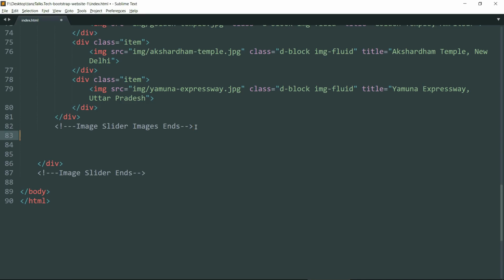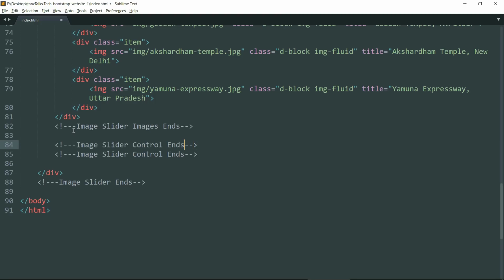Now let's copy the comment from here and paste it here. Now let's change the images to control, and let's copy this again and paste it above. Now let's change the ends to begins.